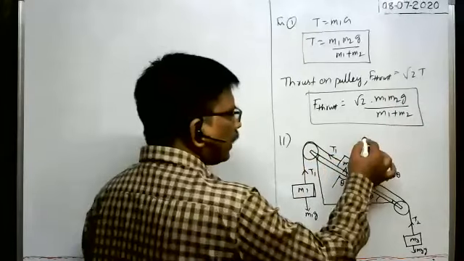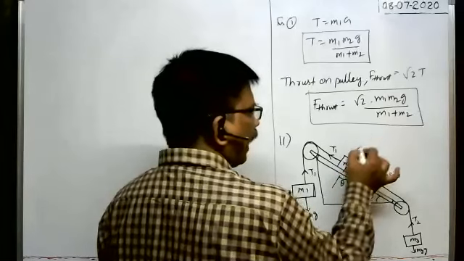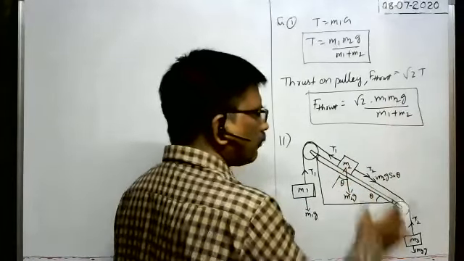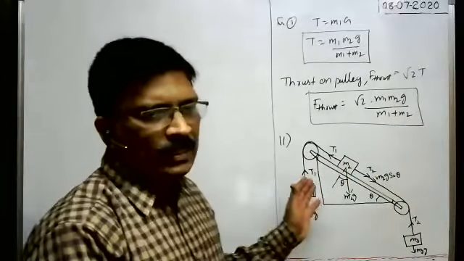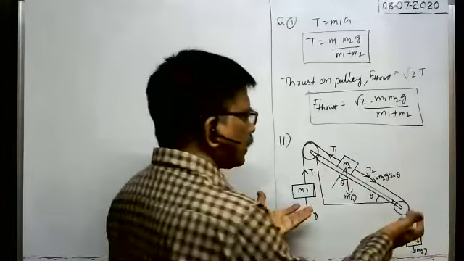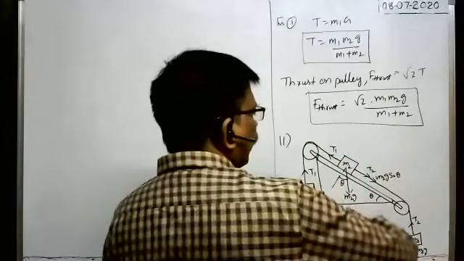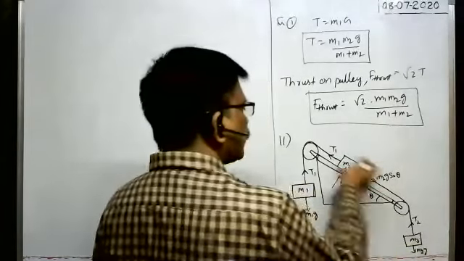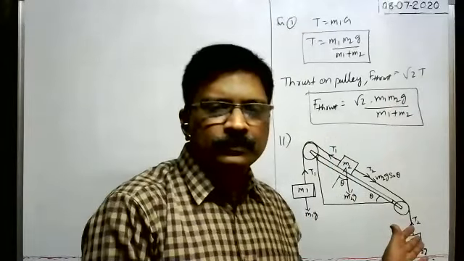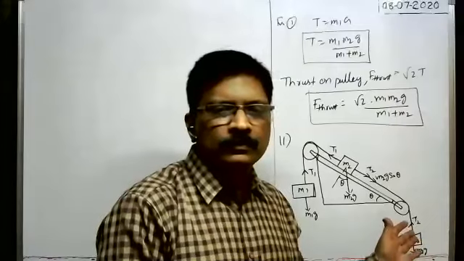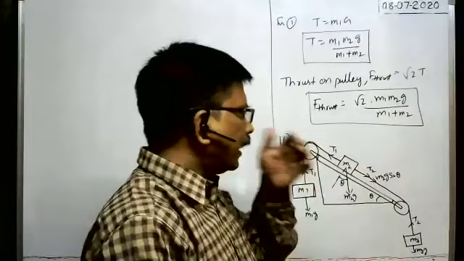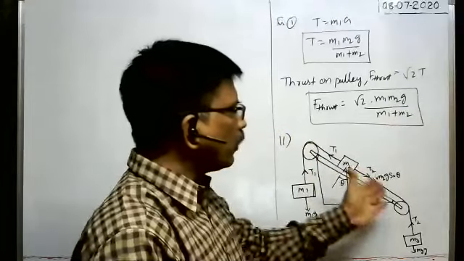Of course, perpendicular to the direction, the normal reaction acts in this direction, and the weight component M2g cos theta acts in this direction. But we have to consider only the forces acting on the block along the direction of its motion. When you release the system, the three blocks may move along this path or along this path like this. That's all. So along that path, the net force along that path we have considered.